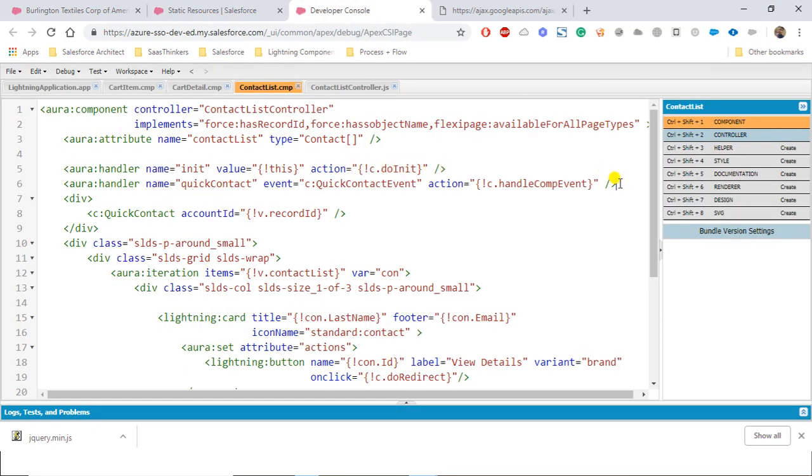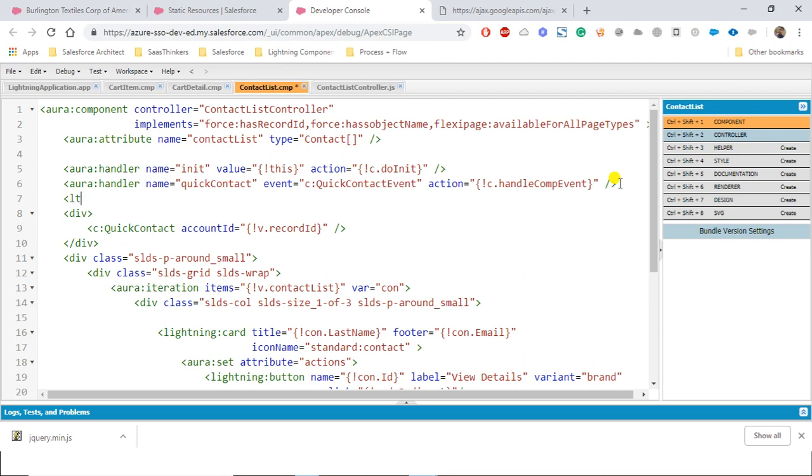So what we need to do is use ltng:require, and there is a scripts attribute, and inside that we can provide either multiple scripts or just a single script. As we have only a single script, we can provide just one. So resource is the same as we use for images, and then the name of it. And then we also have a method called afterScriptsLoaded,